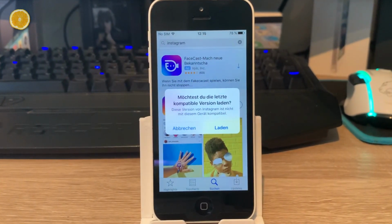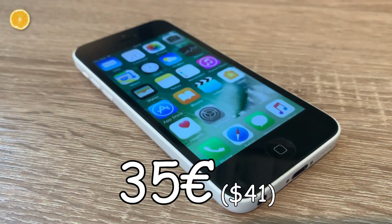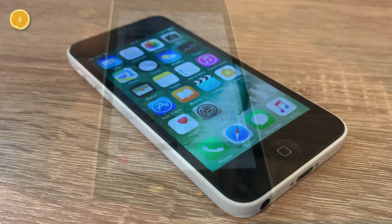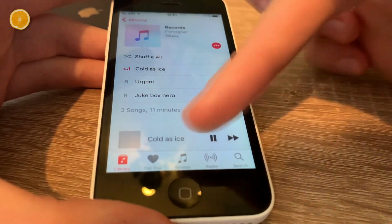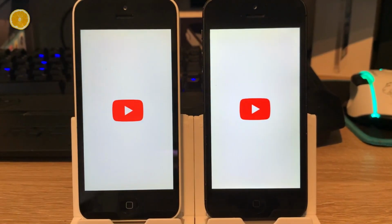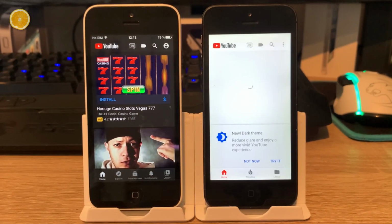in 2020. The first huge pro of this phone is the price. I picked this one up for just 35 bucks, and this is the 32 gig model. But I myself got my sticky hands onto this because I needed more storage for my music library. And a headphone jack, which is kinda hard to find nowadays. Furthermore, iOS 10.3 is kinda old, but not that old. Many modern apps still work on this plastic bomber,